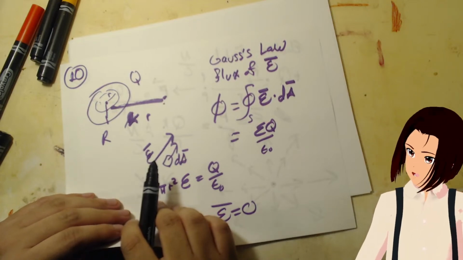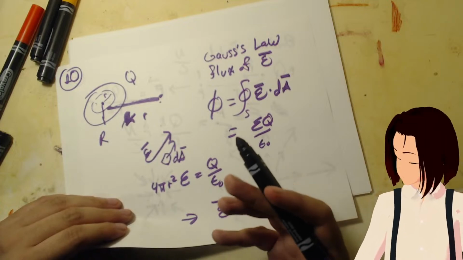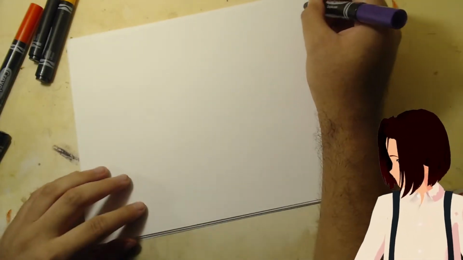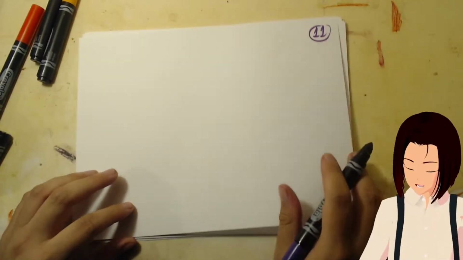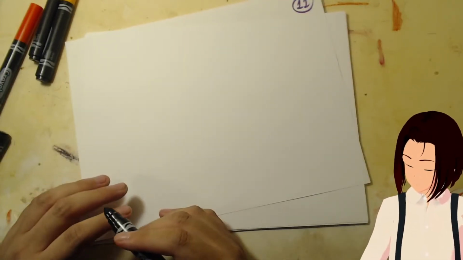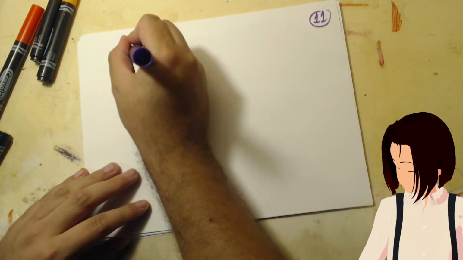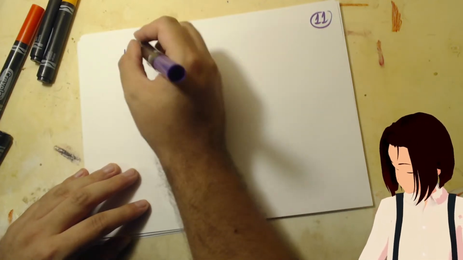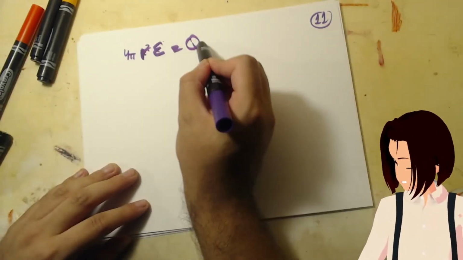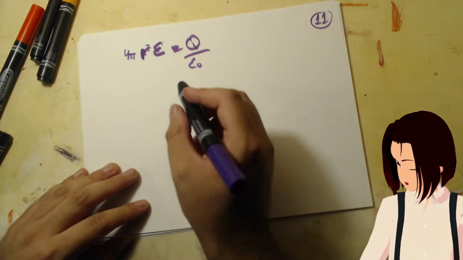So what about for the distance outside? Let's say we're outside the sphere. What do we do about that? So here's what we're going to do. For outside the sphere, we have the same principle. So we know 4 pi r squared, little r, times the electric field is equal to charge divided by epsilon 0. So therefore we have the magnitude of the electric field,